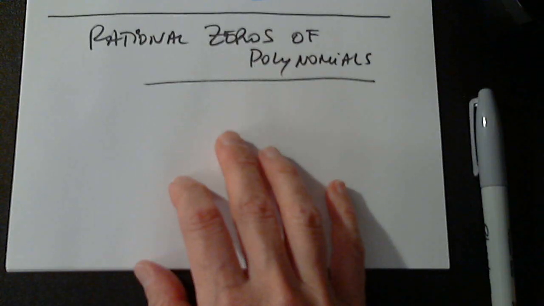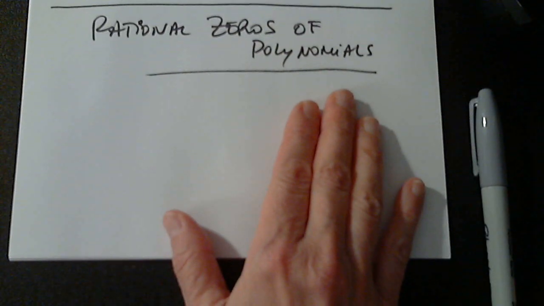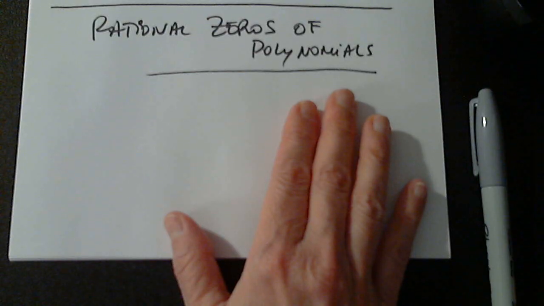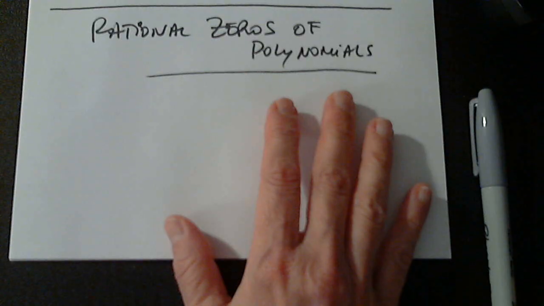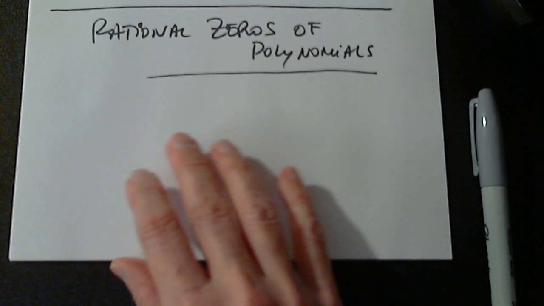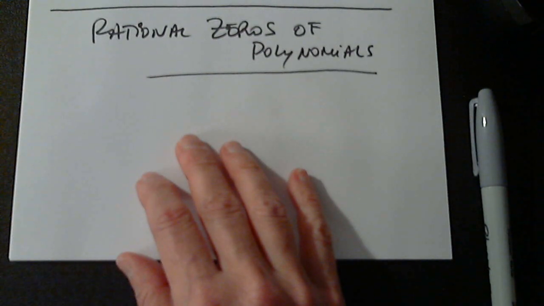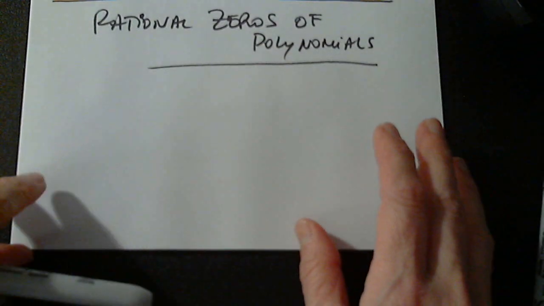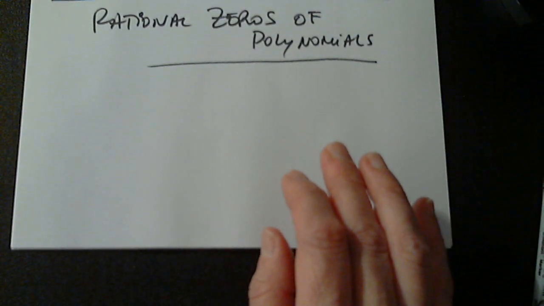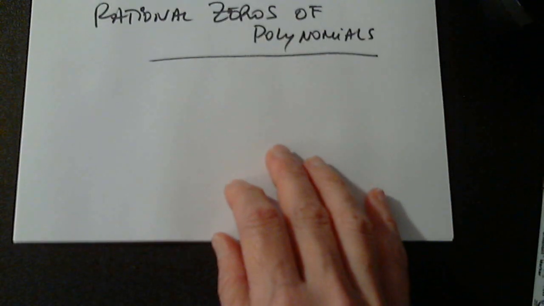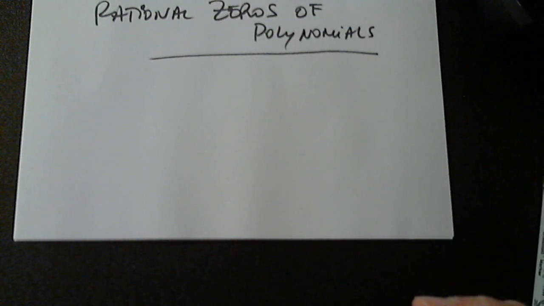So finding rational zeros when we need them, it's an important method, I would say. Is it super important? Maybe not. Is it super useful? I would say you can check with a graphing calculator, but I think it's an important topic to know. As I said, not top of the line important, but important, like symmetry and